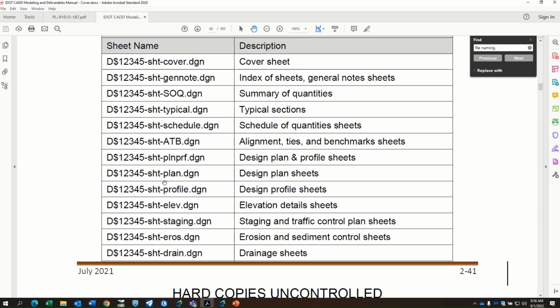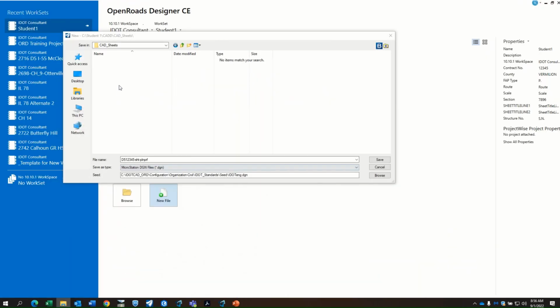On sheet 66, you've got plan sheets and then you've got profile sheets, but we want the plan and profile sheets, so yeah, that is the file naming, PLN PRF. Okay, and I think that's what we had. Good to go. So I'm going to save that in my sheets folder. And then once this file opens up,